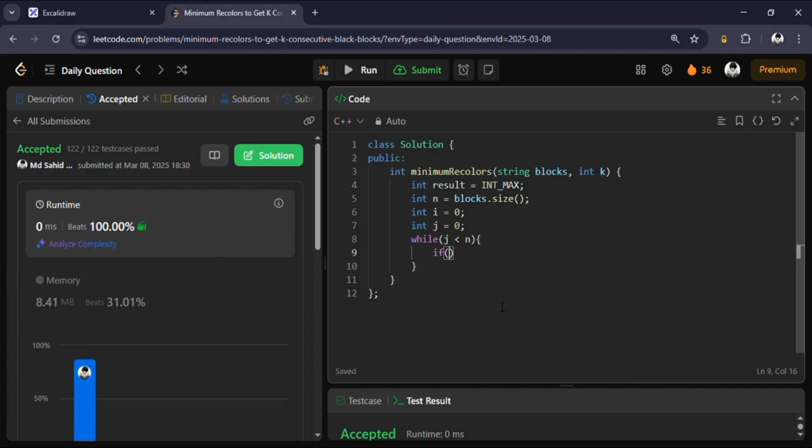if blocks of j, if my current character is equal to w, then again take a variable that will store the count of whites in my current window. So do w plus plus, right? Next,